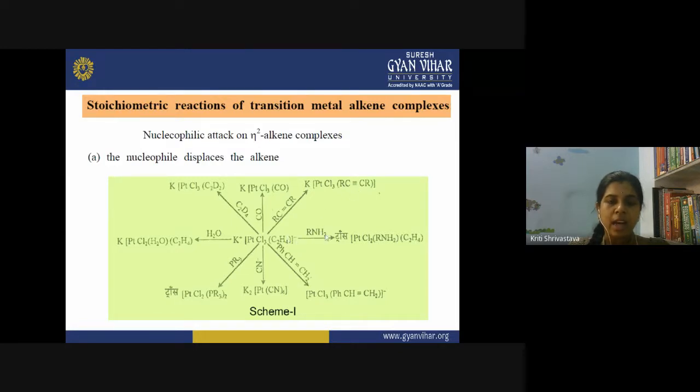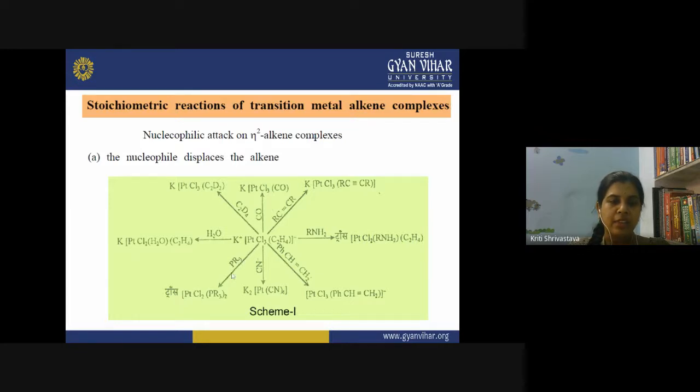And similarly, RNH2 is inserted here, but obviously it is not that strong that it just replaces the alkene molecule, so it replaces the chloride. Then again we have a substituted ethene. This substituted ethene comes inside the coordination sphere and takes the place of the alkene molecule. Then the attack of cyanide, a very strong ligand, will also replace the alkene molecule. And because this is a very strong ligand, it will also replace all the chloride ligands as well. So all the chlorides with alkene are replaced by cyanide. And now in the product we have 4 cyanide ligands attached to the metal atom.